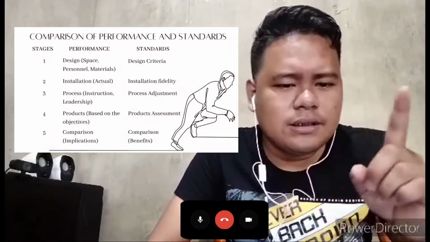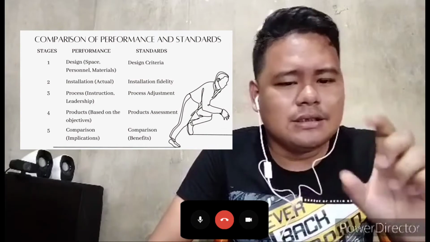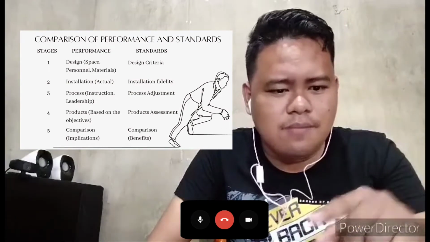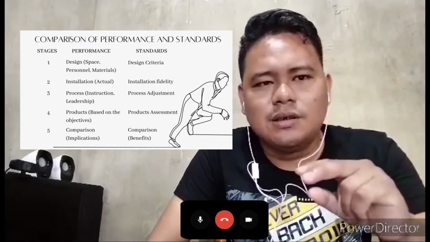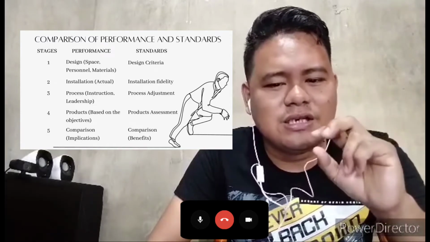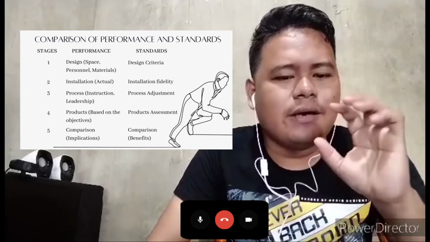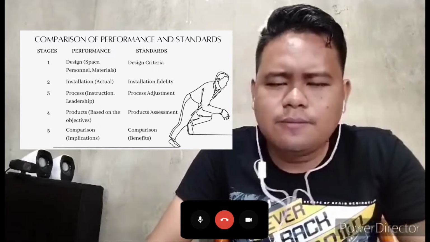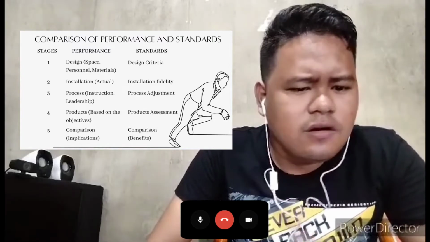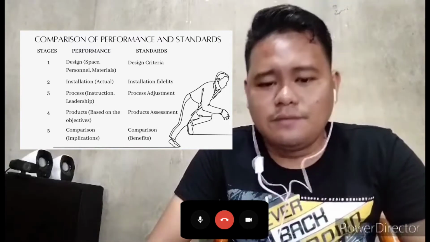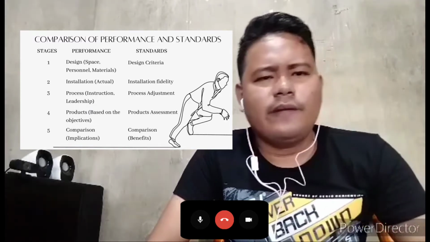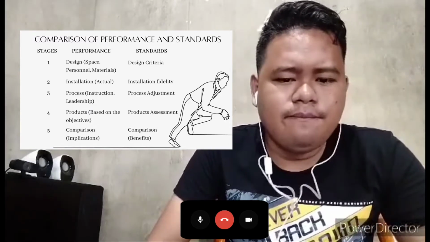In stage number 1, we are talking about the design. It is the space, the personnel, and materials. It is the design criteria. Number 2 is the installation. It is the installation fidelity. Number 3 is the process. It is about instruction and leadership, and process adjustment. Number 4, products based on the objectives. It is the product assessment. And number 5 is comparison. Comparison is the implication or the comparison of